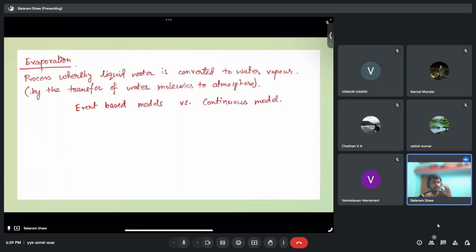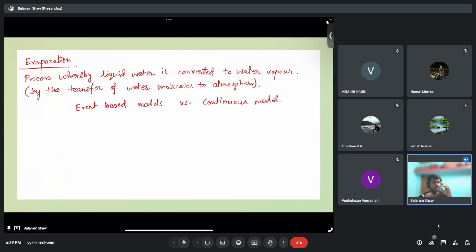Water. Okay. So let's say you are considering a big reservoir and a small pond. If the size of the water body is large, so let's say a lake and a big reservoir, then in the big reservoir obviously there will be more transport, more evaporation. Why? Because these large water bodies will have high evaporation because of high wind speed. Okay, and also the area is more. So in that case, evaporation from that large water body will be more.